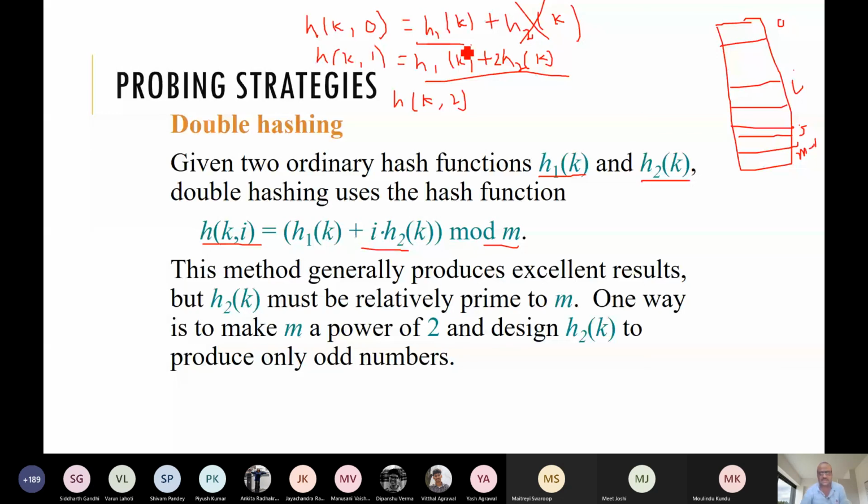Heuristically we have seen that if we choose m to be a prime number, and if we choose h1 and h2 as good hash functions, then this is a good hashing, better than the earlier one. But instead of double probing, you can have triple probing, or you can make a square of it. You can have another way of doing that.